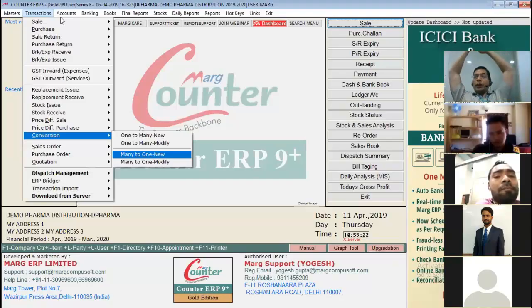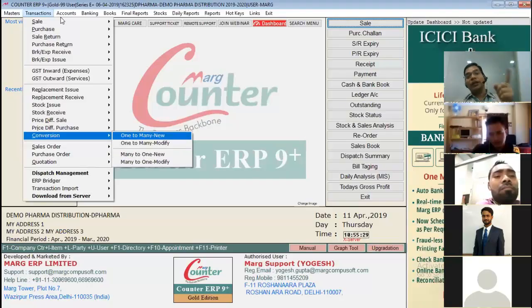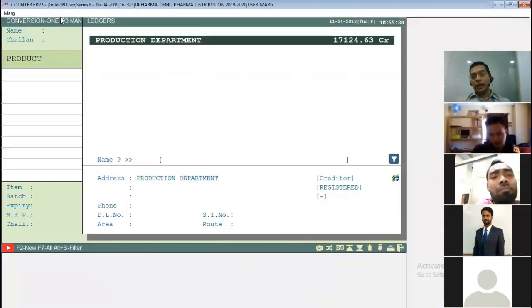So where many ingredients are making one item, I'll be using many to one. Where one item is creating many items, we use one to many. So I'm going to one to many, new. Here we must have the production department ledger. By default it comes. If it is not there, you create it.